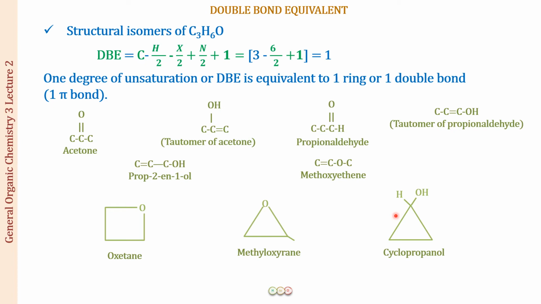So if you think, just looking at the value of DBE, what is possible? Well, one by one, you will be reaching every structure which is possible for this molecular formula. All right, I hope now this is clear. With the value of 1 DBE, looking at the atoms present, there was one oxygen atom and one double bond. The first thing I thought was an aldehyde. Then I thought, why not make a ketone of it?